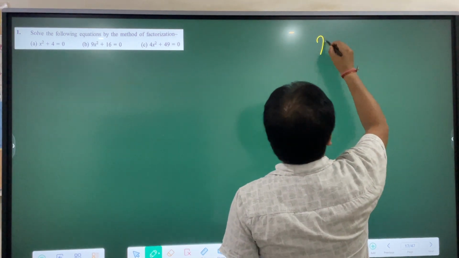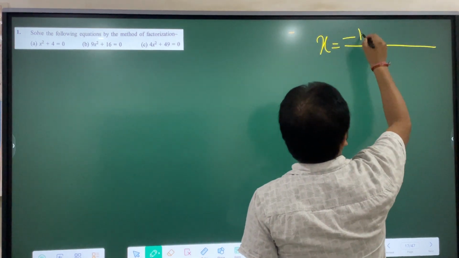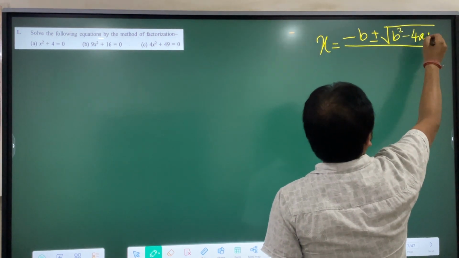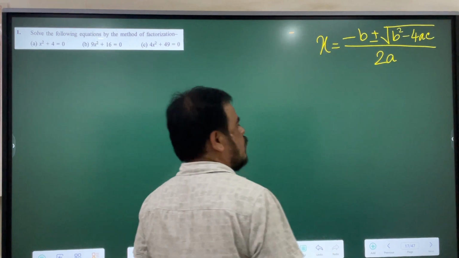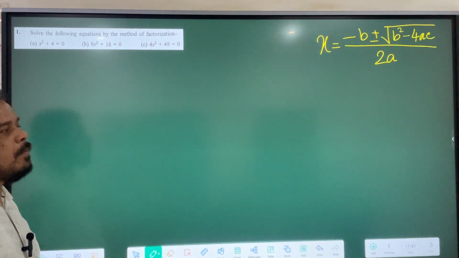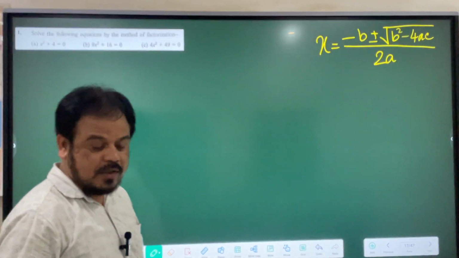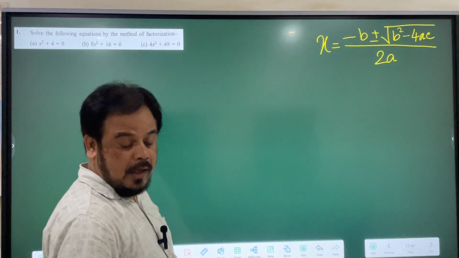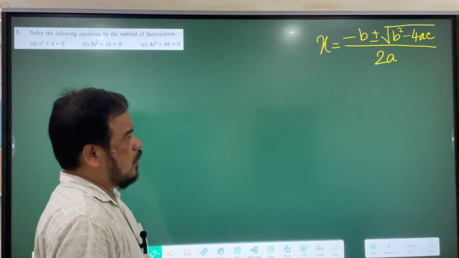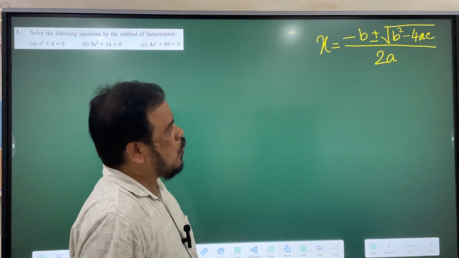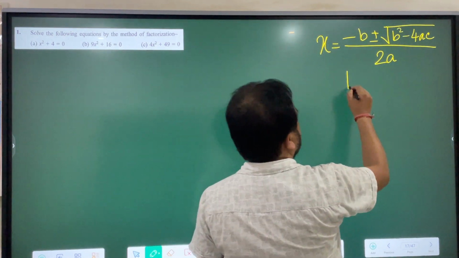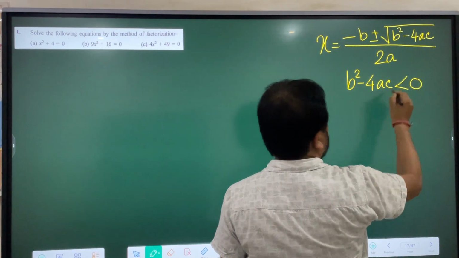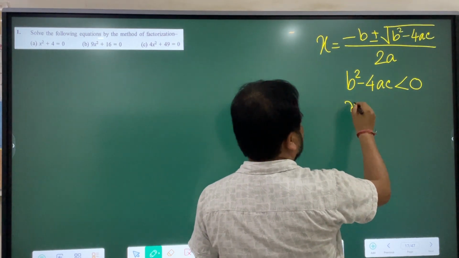The quadratic formula: x equals minus b plus or minus the square root of b square minus 4ac, divided by 2a. This is the quadratic formula. Whether it is a complex number or a simple quadratic equation, it doesn't matter. We have to use this formula to find the roots of the quadratic equation. So in complex numbers, what we understand is, if b square minus 4ac is less than 0, then roots